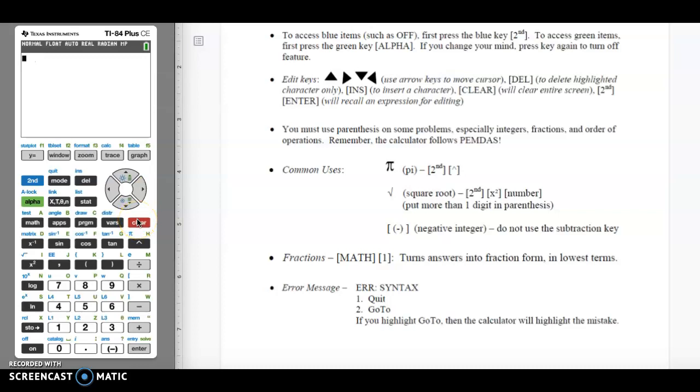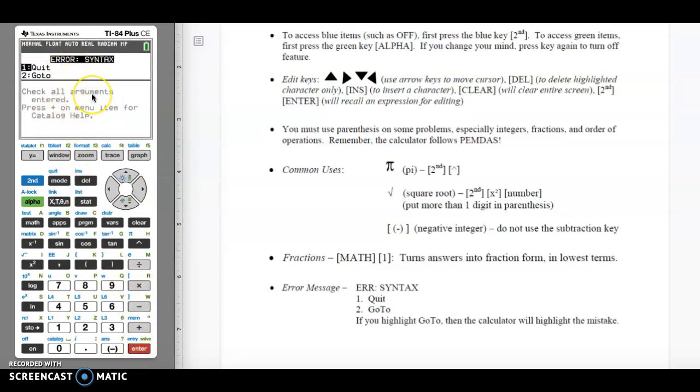And then the last very common thing we'll have to be able to find is negative. So let's say, for example, that I wanted to do a negative 3. That looks different than if I try to do a minus 3. You can't really tell when they're not side by side, but a negative 3 and a minus 3 are different. If you try to do just a negative 3 using the subtraction symbol, you will end up with an error